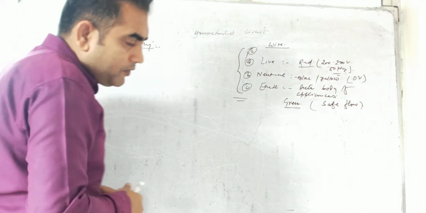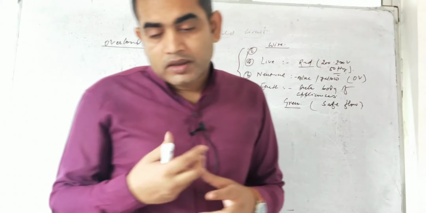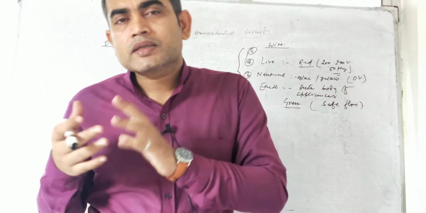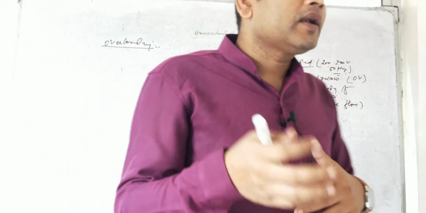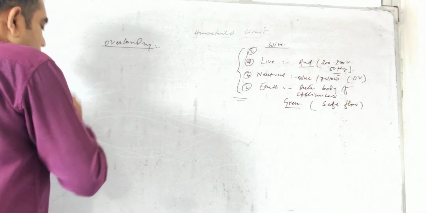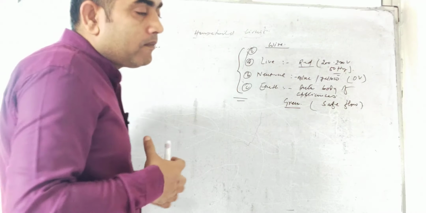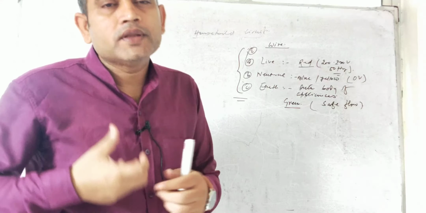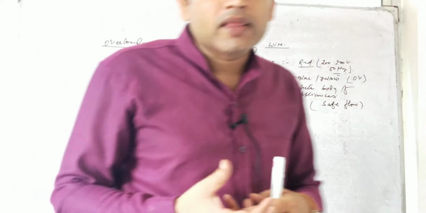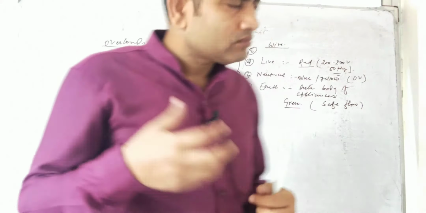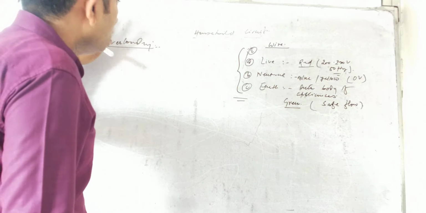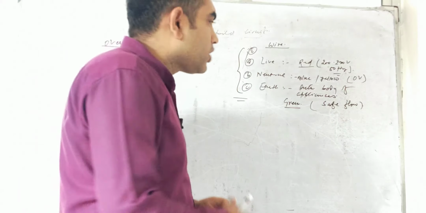That means if you connect more appliances to a circuit than the capacity of the circuit, under that situation excess current will flow through the circuit and that can lead to damage of the circuit. If more and more electricity passes through the circuit, more and more heat will generate, and that will cause the heating effect of the electric current. It can cause a misfire, it can cause anything. So overloading. Next thing, short circuit.